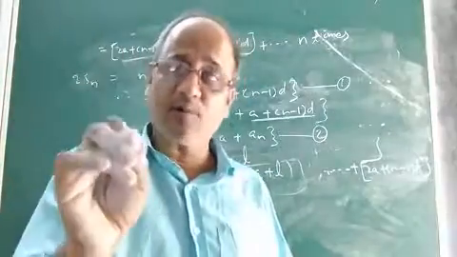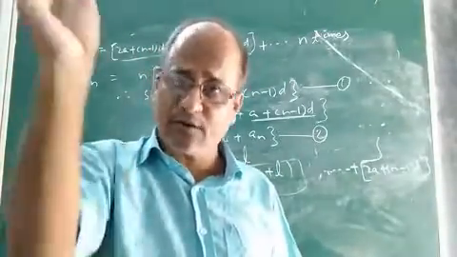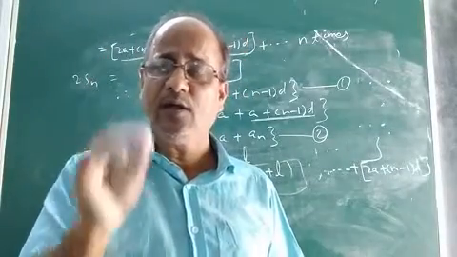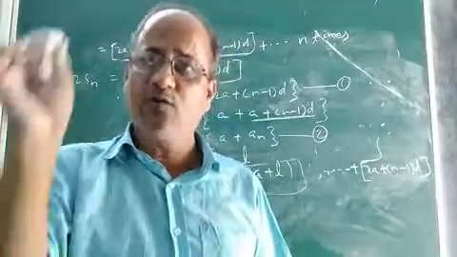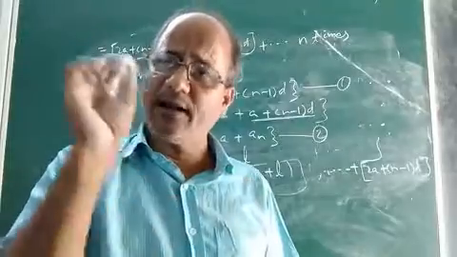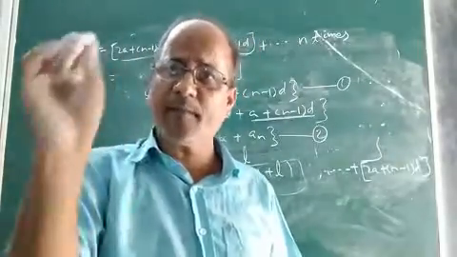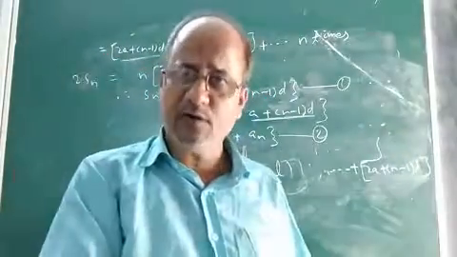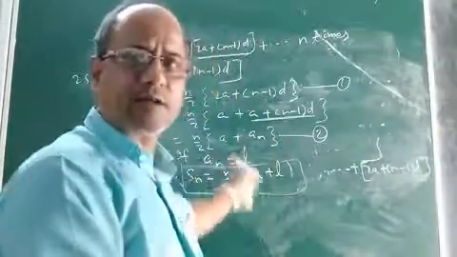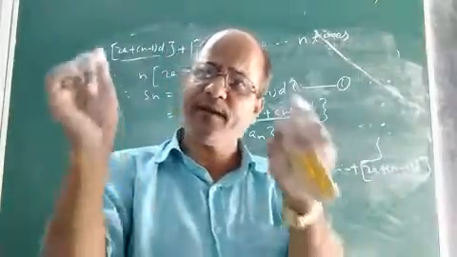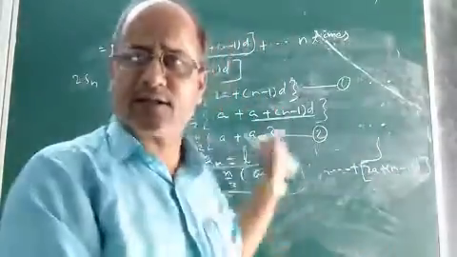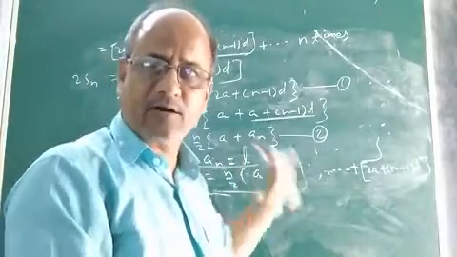Then what is the general term of an AP, what is its formula, how to derive it: an = a + (n - 1) d, which is also known as the nth term of an AP from the beginning. Then I discussed how to find the nth term of an AP from the end, what is its formula. I also proved it mathematically. Then the last part of the chapter, that is how to find the sum of n terms of an AP, what is its formula. I discussed the formula along with its proof.